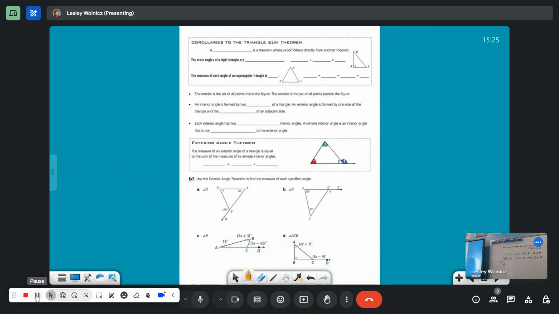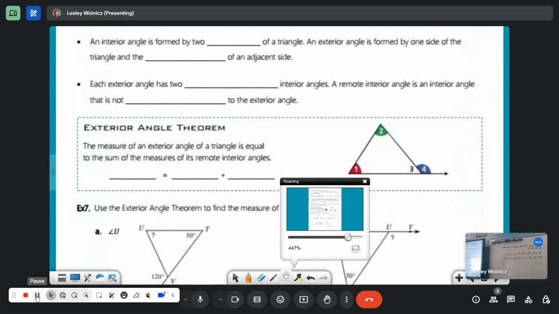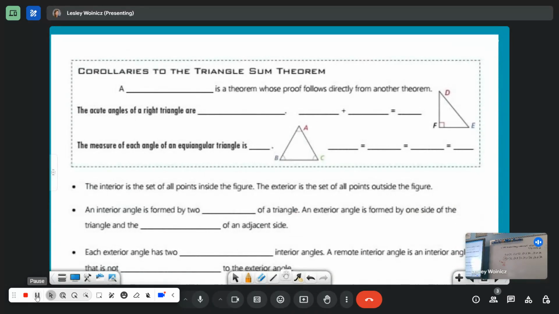All right. So the triangle sum theorem has some little corollaries. Corollaries are little logical consequences of our theorem. They're little logical extensions that we can use to our benefit. Okay, a corollary is a theorem whose proof follows directly from another theorem. So, because of the triangle sum theorem, the acute angles of a right triangle are,